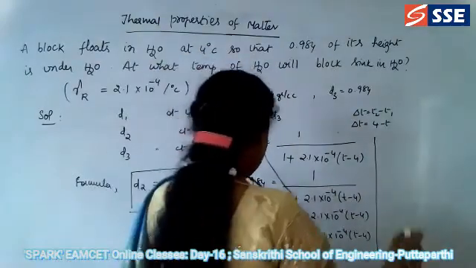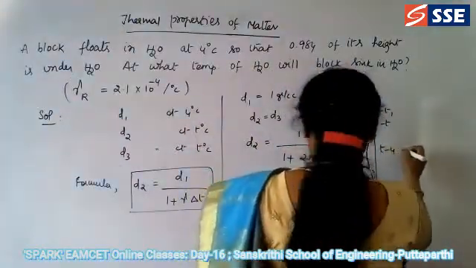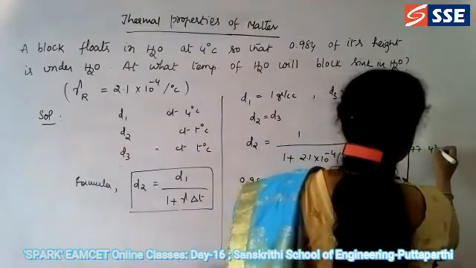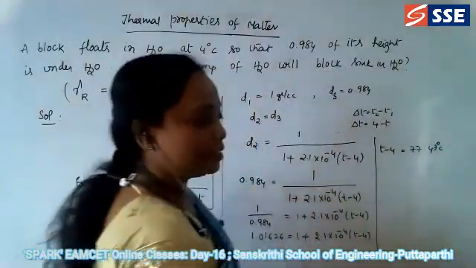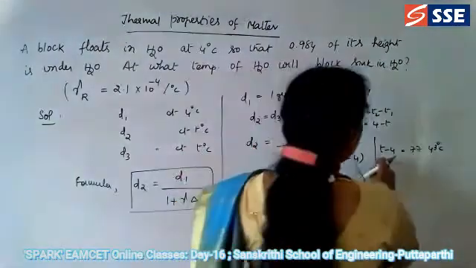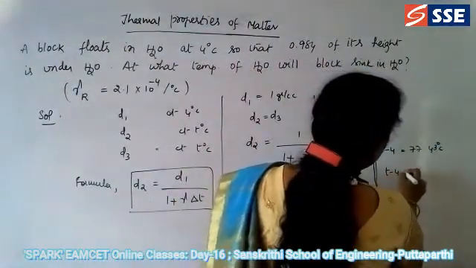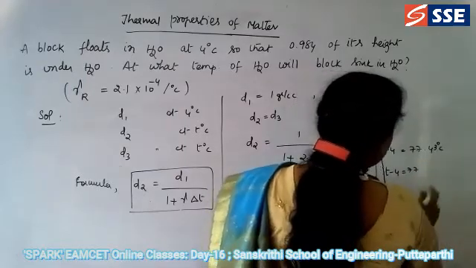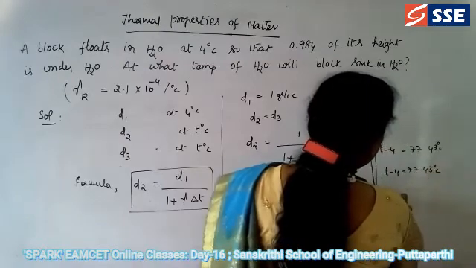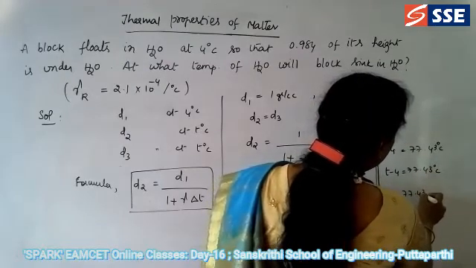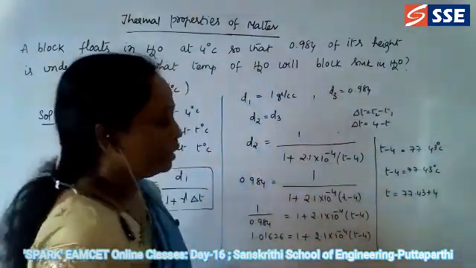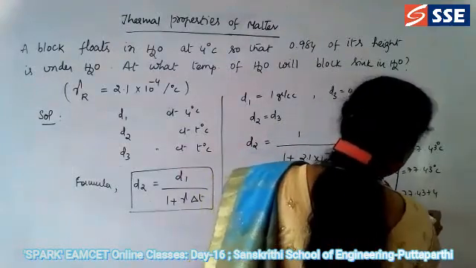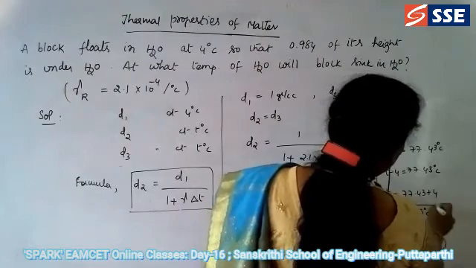So see what T value comes. T minus 4 is equal to 77.43 degrees Celsius. So calculate the T minus 4 value. After substituting, T minus 4 is equal to 77.43 degrees Celsius, or T is equal to 77.43 plus 4. Add them, then we will get the temperature T as 81.43 degrees Celsius. So this is the temperature we have to calculate.